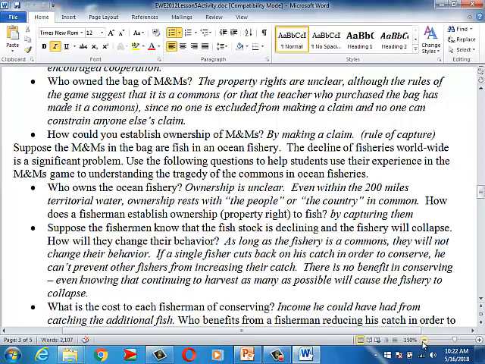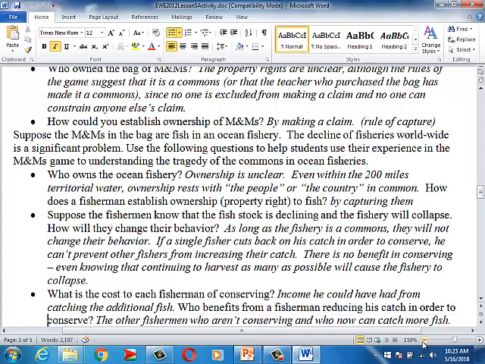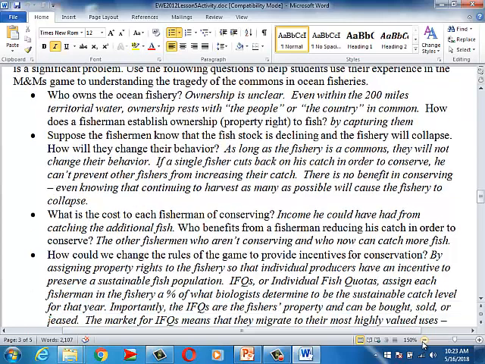Suppose fishermen know that the stock of fish is declining and the fishery will collapse. How will they change their behavior? Well, the solution can only be found in a common social consensus. If there is no social consensus, then there is no benefit to the world from my restricting my capture. So what is the cost to each fisherman of conserving? It is the income that I have had